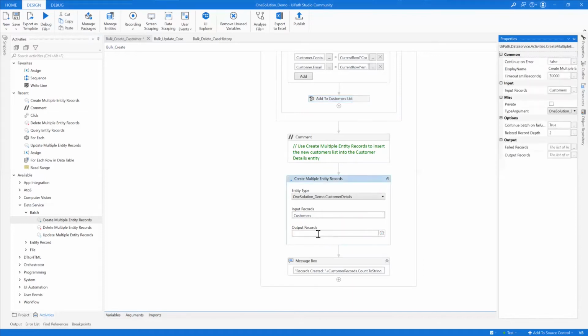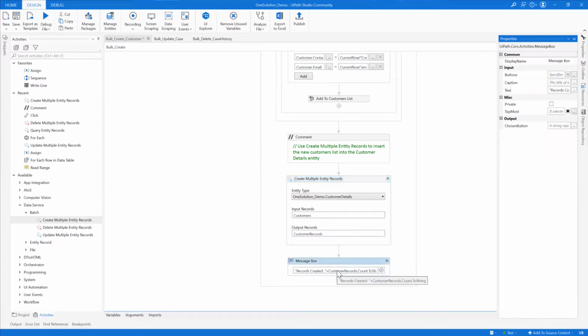And for the output piece, the output will provide the customer records that have already been added. This will also contain all the system fields populated, and that's what we are going to use to count how many successful entries were made. All right, once I do this, my workflow is complete, and if I run this,